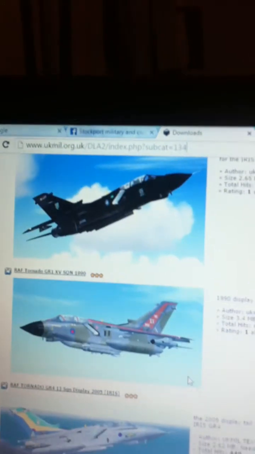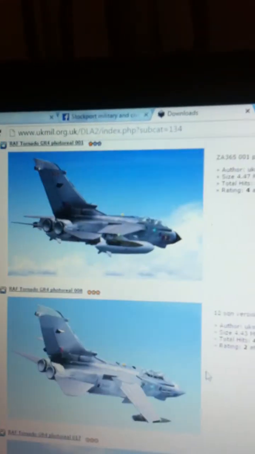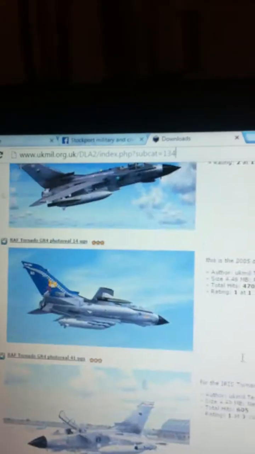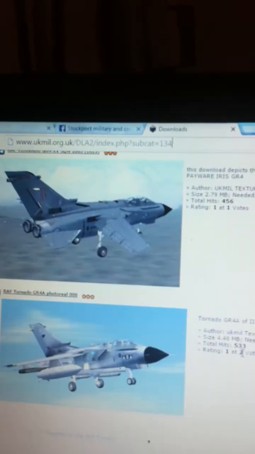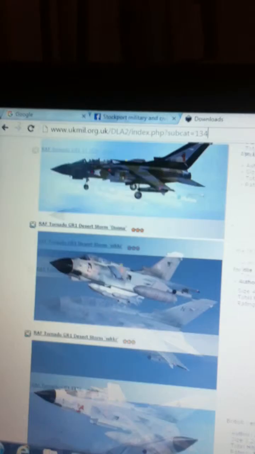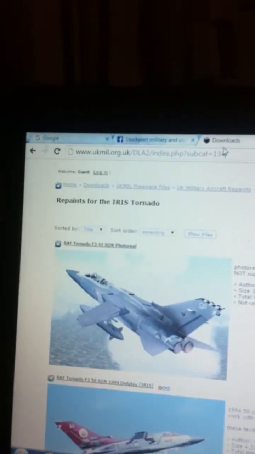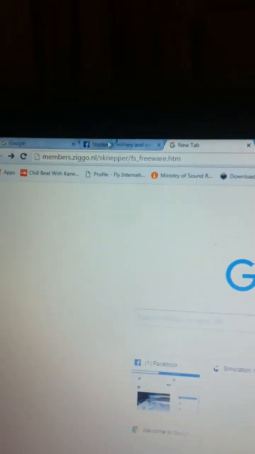I've got the F3, which is my display jet, and I've got this one, which I am currently getting ready to fly. Not tonight, but we will be flying this. I will be bringing up videos, but until I get better kit, I will be using my phone for much of these videos. Here's another site you can go on,